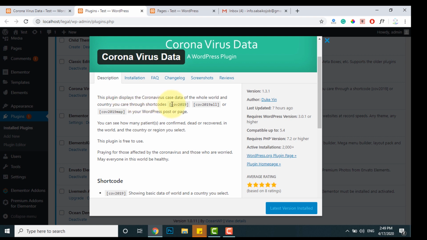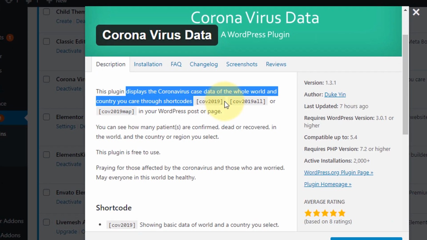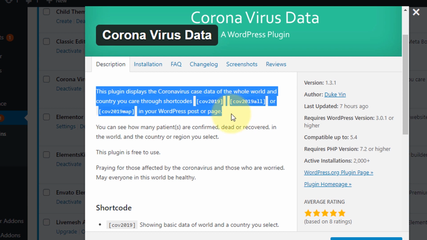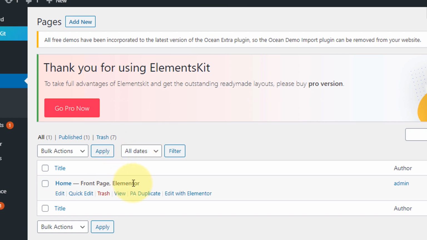This plugin displays, here is the short code, COVID-19. This plugin displays the corona case data of the whole world and the country you are in. So simply list, I will edit later.